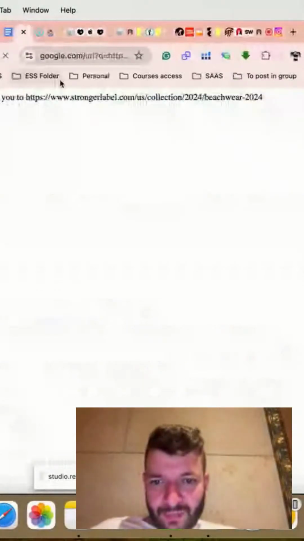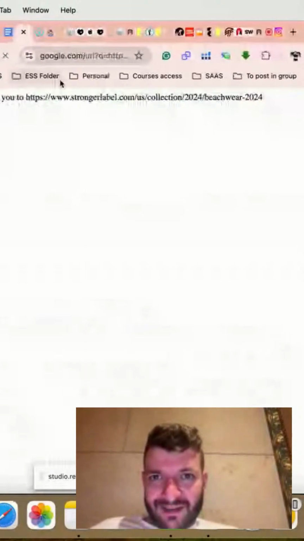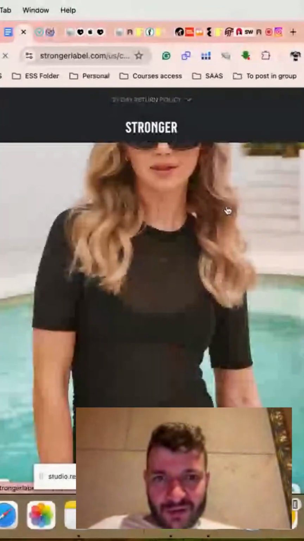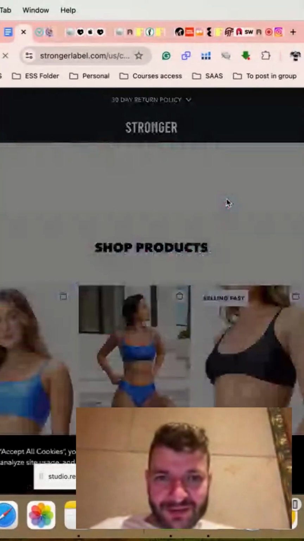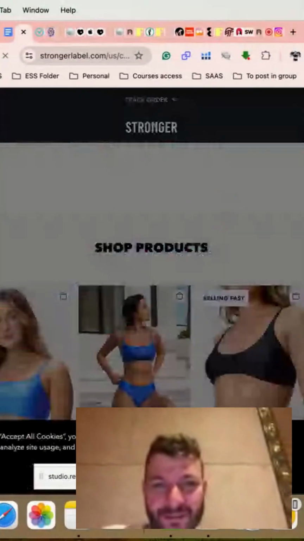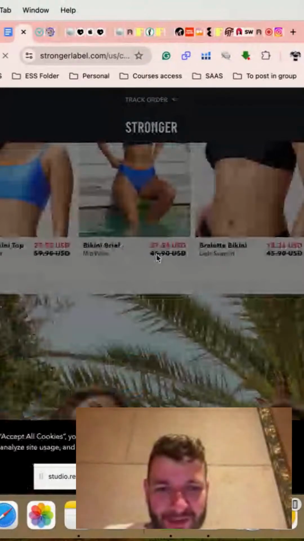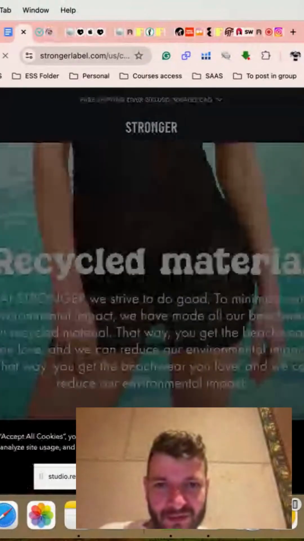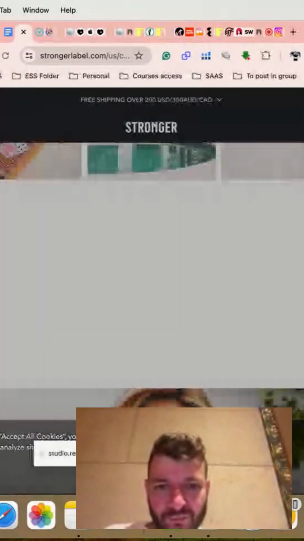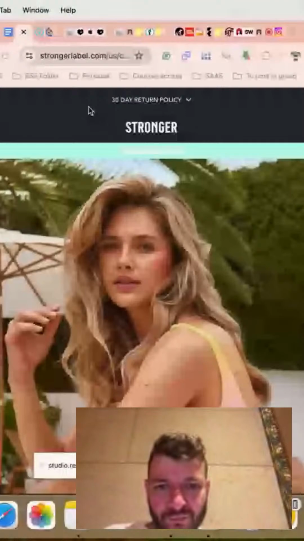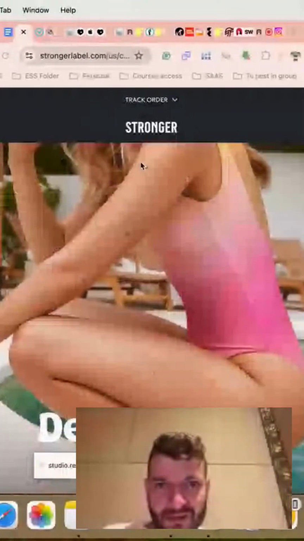Another one here. This is an apparel brand. Apparel is the worst niche to be in. Clothing is the worst niche for selling products, and that's my personal experience. I think it's very hard to sell products in apparel, and return rates are crazy. And so what they have here is a 30-day return policy. 30-day return policy. And then as you scroll down,